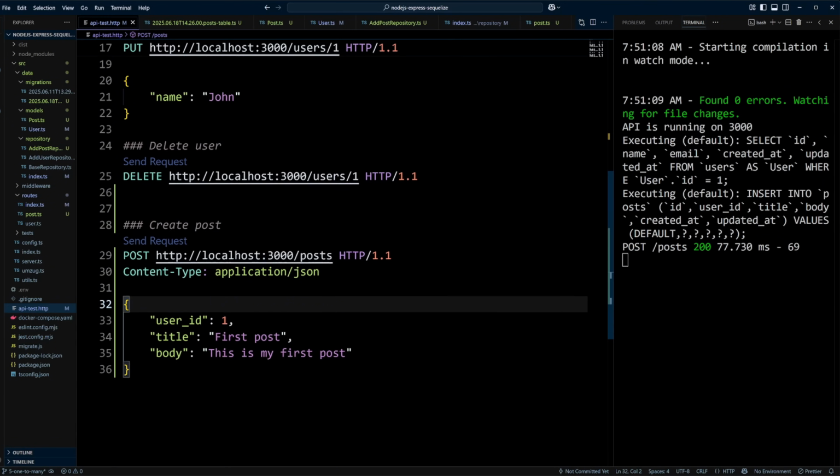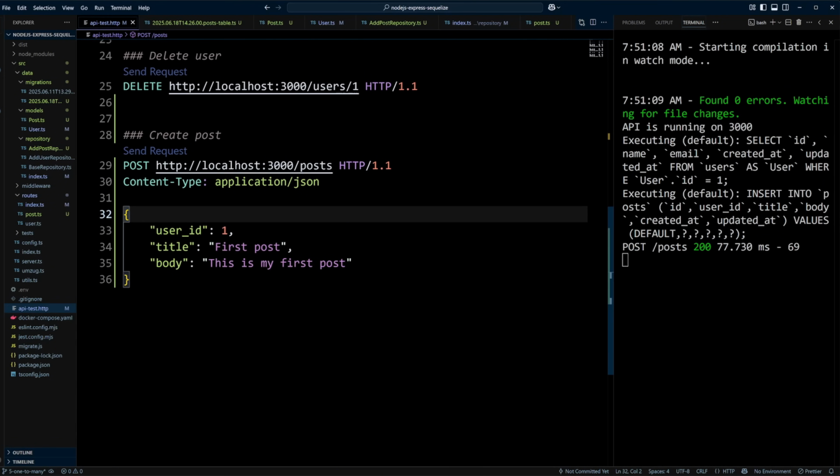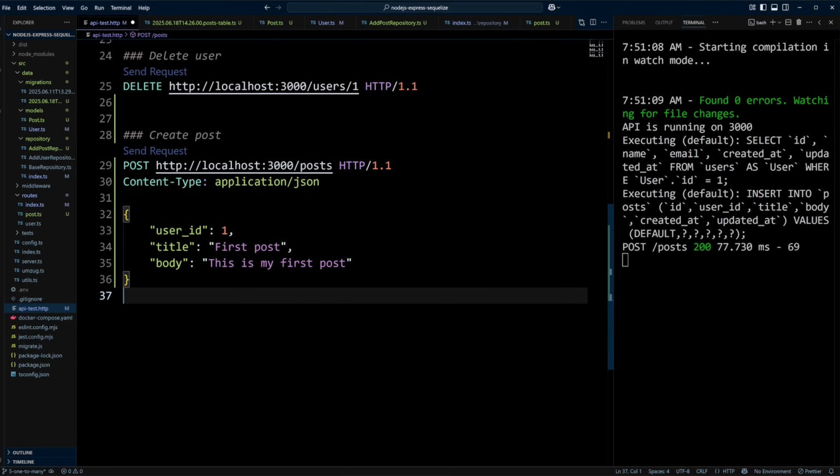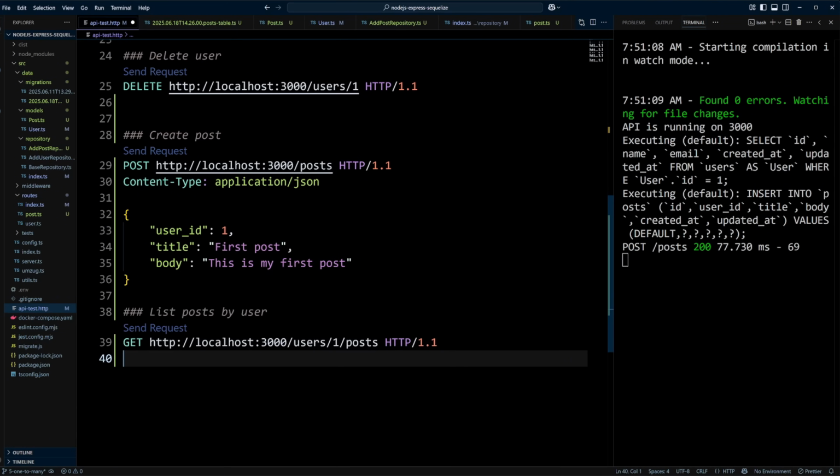Similar to how we used a user and post association to create a post, we can use a user and post association to get posts. Let's create a get request to list posts by user. Again, this is a bit of a contrived example. Normally you will get a user from the authentication, but in our case, for simplicity, we put user ID as